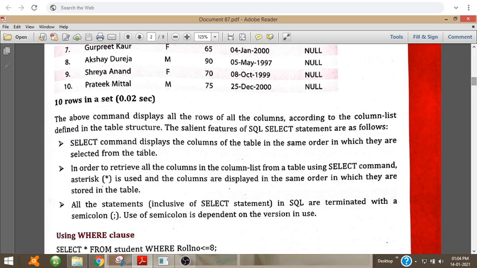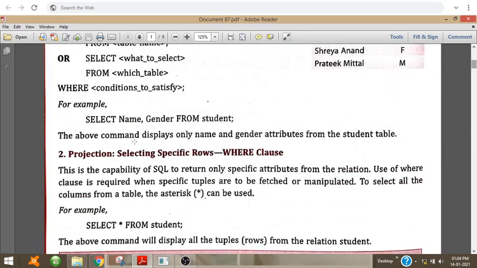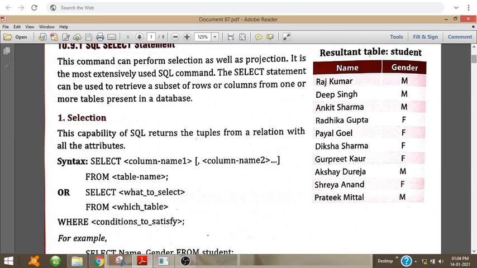Then the select command displays the columns of the table in the same order in which they are selected from the table. So in the select statement, in the same order in which we have provided the column names, it will display the columns. Suppose name comma gender: first the name column will be present, then the gender column.